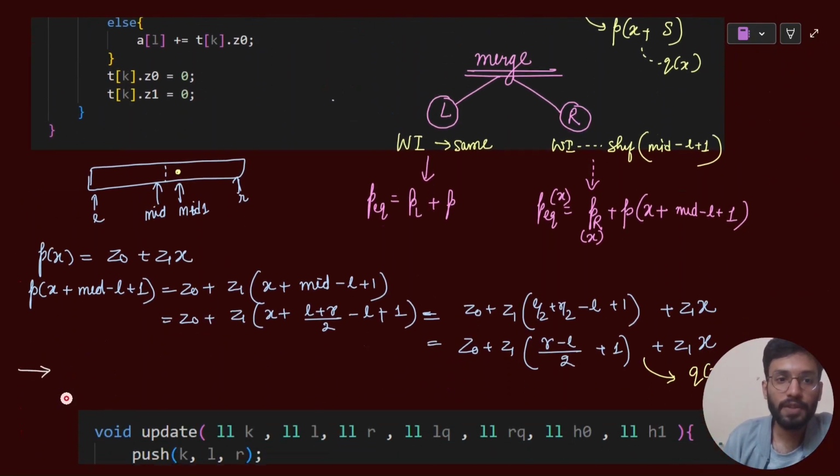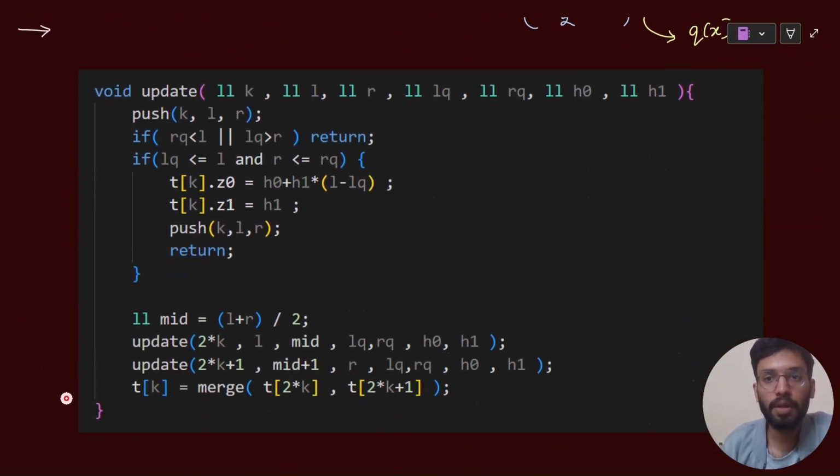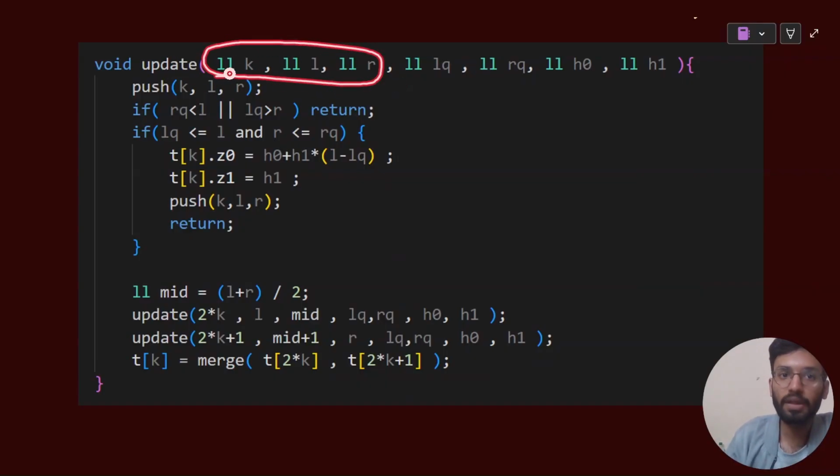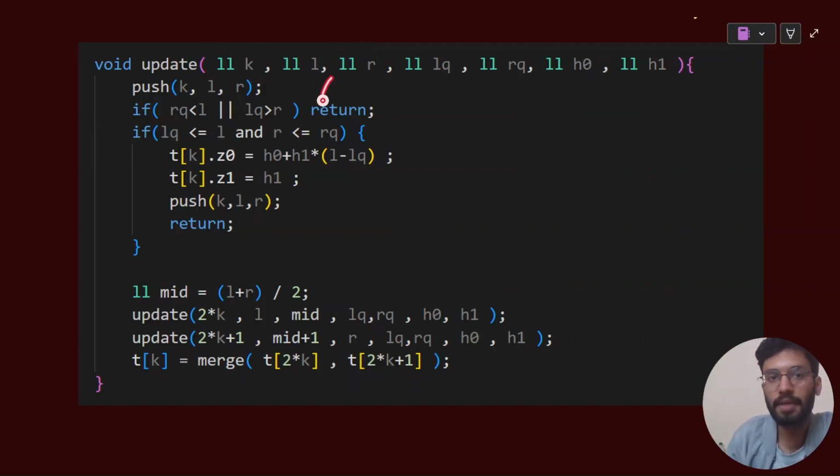Fine. So with the push function, you are left with only a small update you need to do in the update function. So update function में छोटा सा आपको change करना है. So basically k l r represents the index and the range represented by that node. L q r q represents the range of the query, which is a and b itself. h0 and h1 represents the coefficients of my polynomial updates,